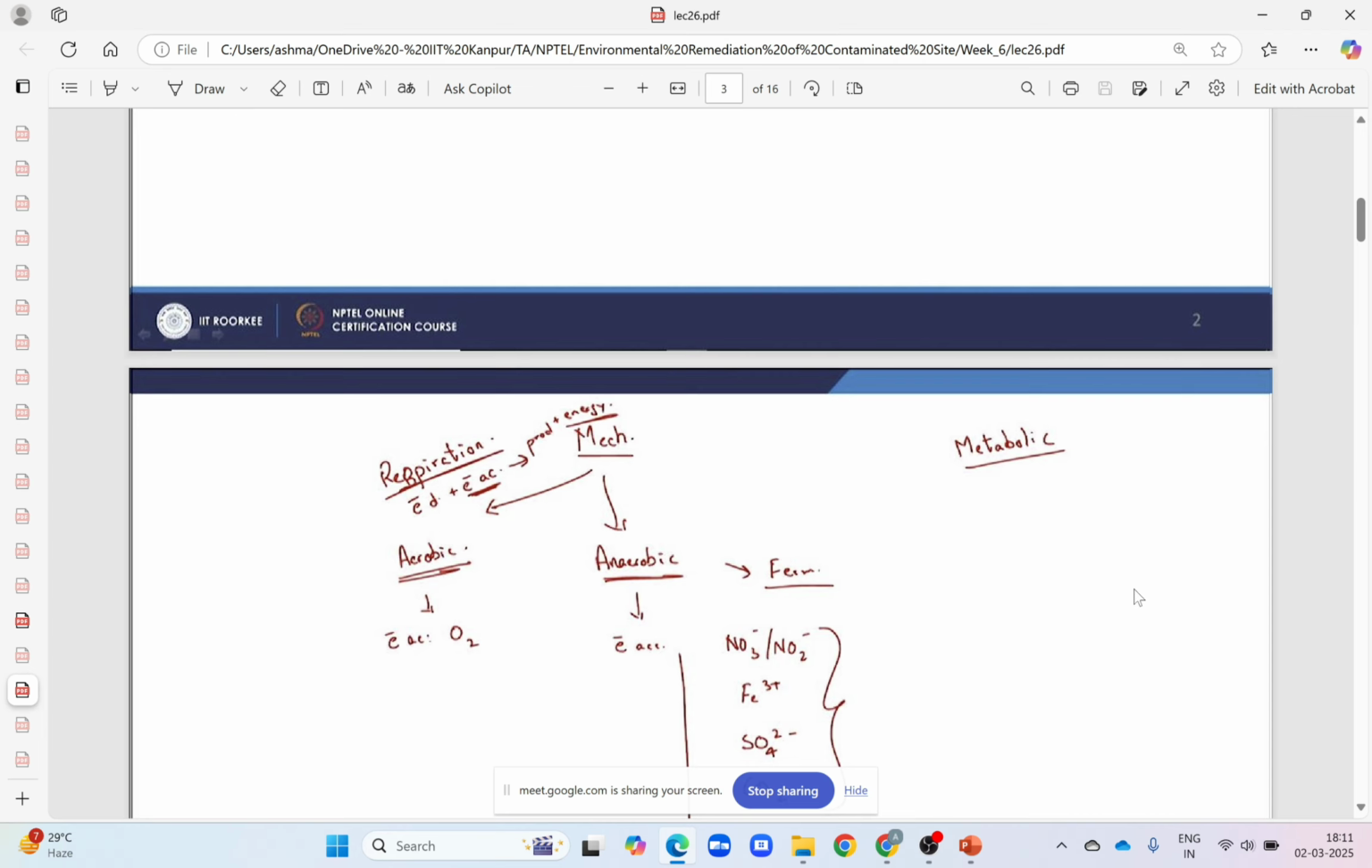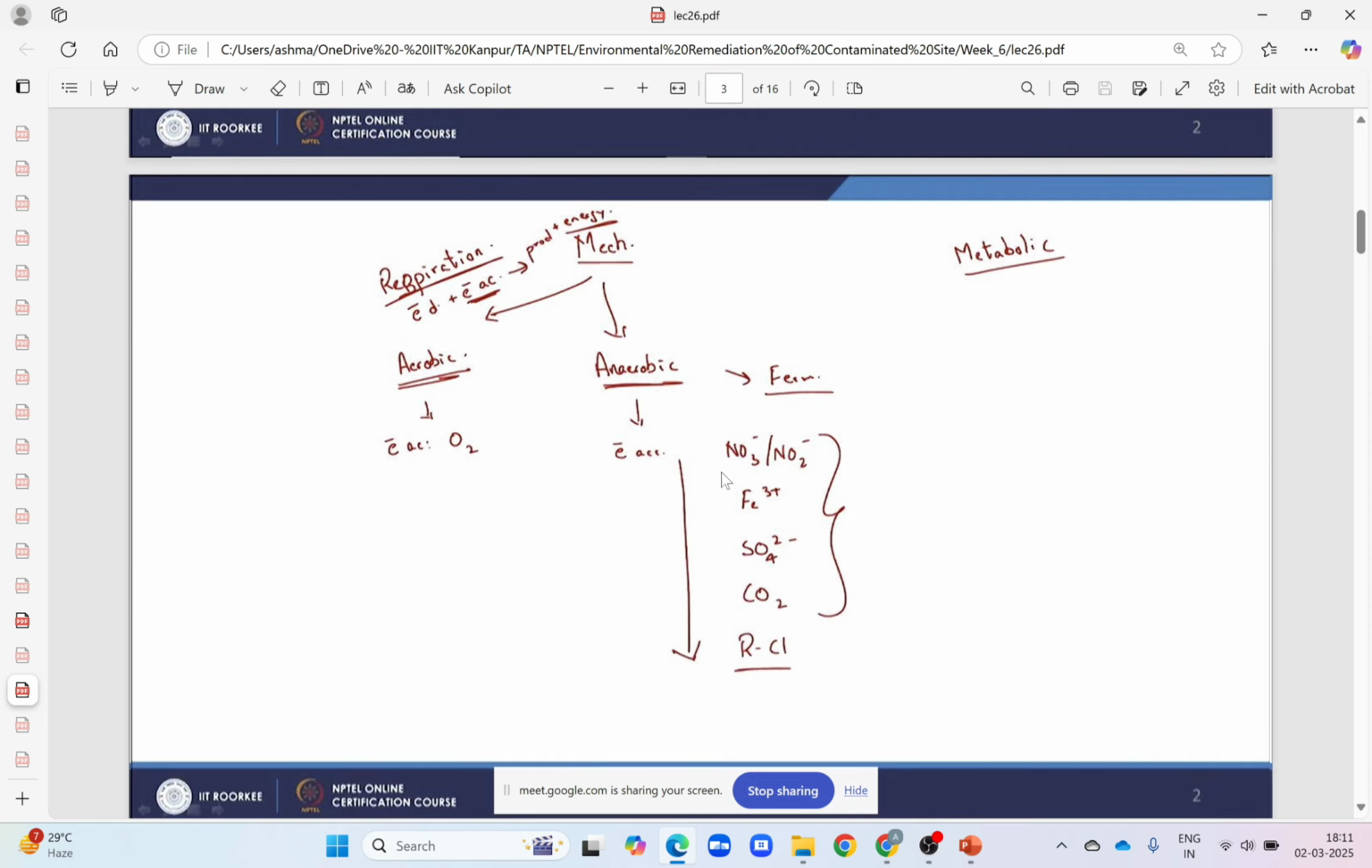So in the previous week, we have seen that microbes prefer oxygen as the electron acceptor as compared to the other electron acceptors, because with oxygen as the electron acceptor the energy generation is much higher as compared to other electron acceptors. So this table shows the preference of the electron acceptors by the microbe. So nitrate and nitrite will be preferred more as compared to iron, and iron will be preferred more as compared